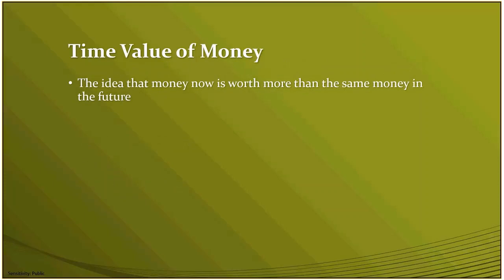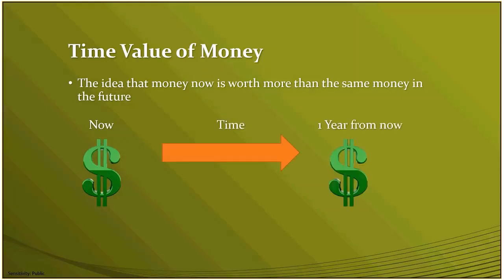Trying to simplify this down, it's a fairly complex theory that's out there. The idea that money now is worth more than the same money in the future. So what does that mean? An example: money now, and then we have time, and a year from now, money. So this is saying that essentially if you have $10 right now, it is actually worth more than $10 a year from now. Now, logically, that doesn't make sense. $10 is $10. It should be the same. But what makes it true is